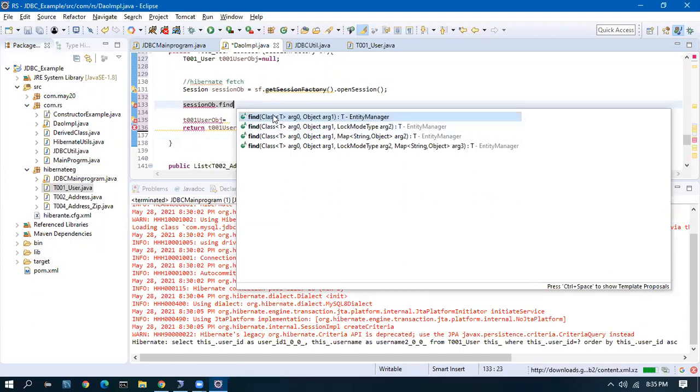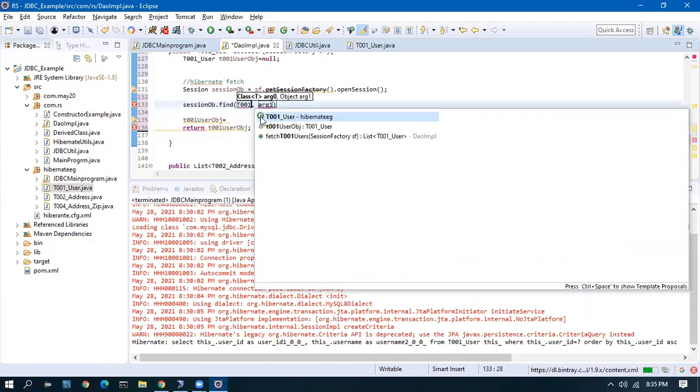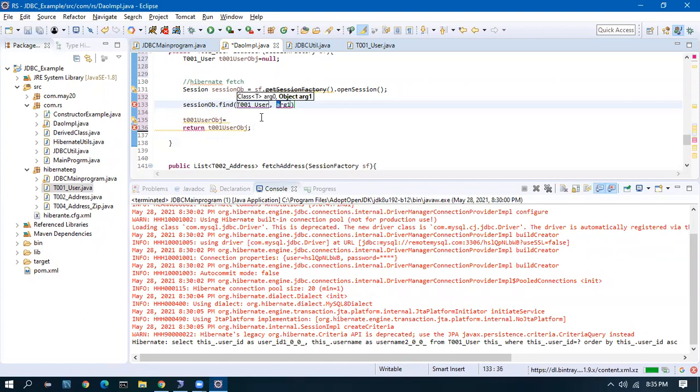So what I was telling, I'll use the find first. Find is expecting a class. In this case, I'll go T001 class and then an object. So what object can I give? Let me give an integer, new integer of 1.